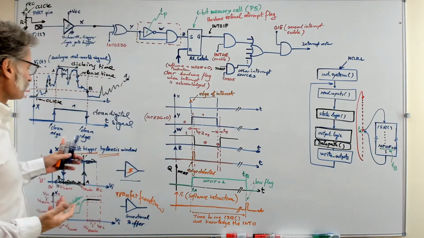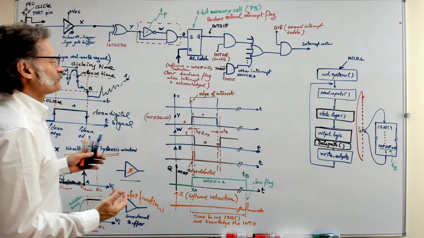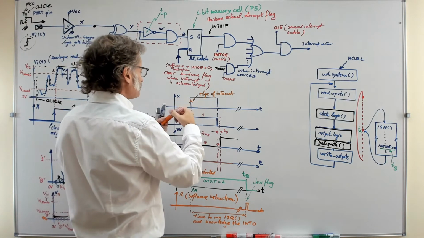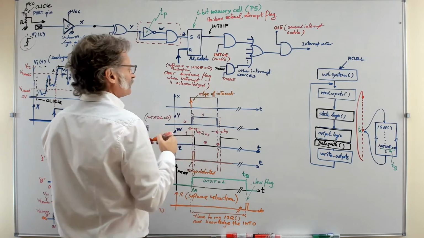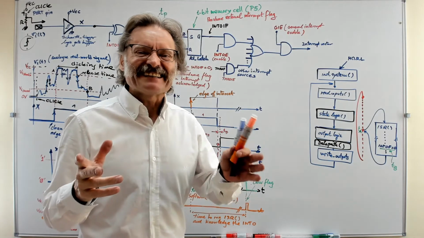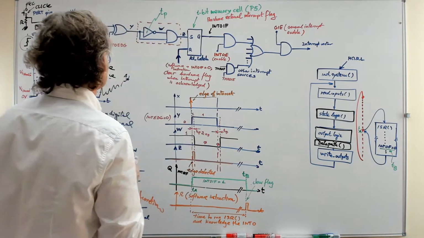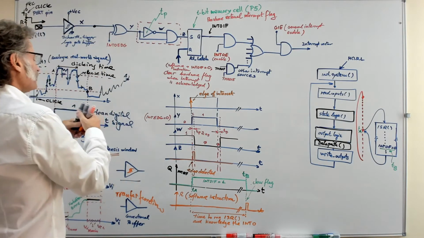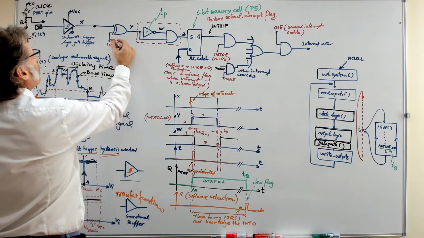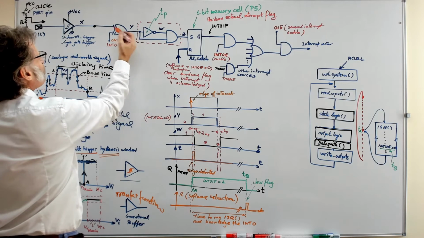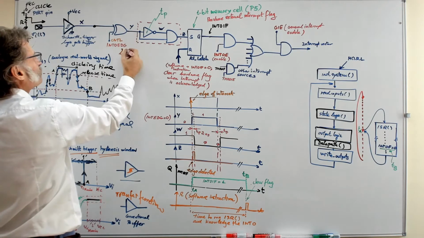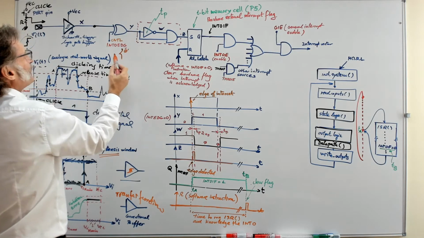So naturally you would like, for example, to detect a single edge of interest. Let's imagine that this edge of interest is just the rising edge. Okay, but you can select very well which is your edge of interest, because you have an XOR gate that is acting like this. You have a control input. So this is X, this is Y, this is a control input, and if you have here a 0